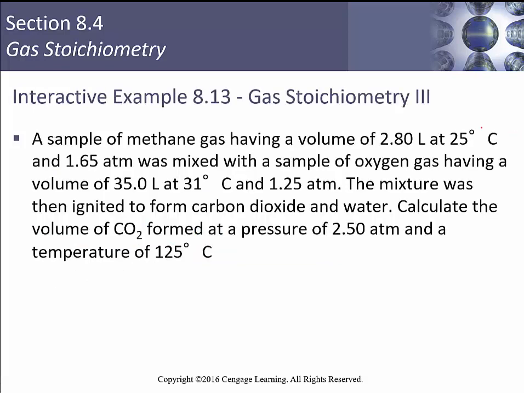So let's look at an example. A sample of methane gas has a volume of 2.8 liters at 25 degrees C and 1.65 atmospheres, and was mixed with a sample of oxygen having a volume of 35 liters at 31 degrees C and 1.2 atmospheres. The mixture was ignited to form carbon dioxide and water. Calculate the volume of carbon dioxide formed at a pressure of 2 atmospheres and a temperature of 125 degrees Celsius. So the first thing you're going to want to do, like any of these other stoichiometry problems, is